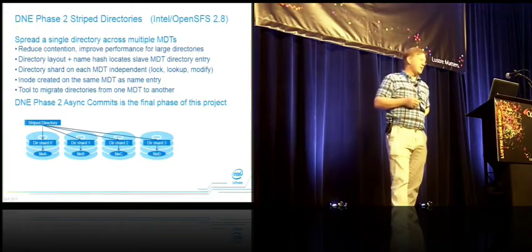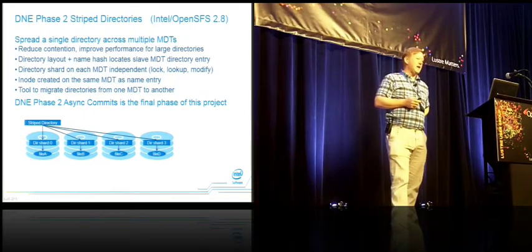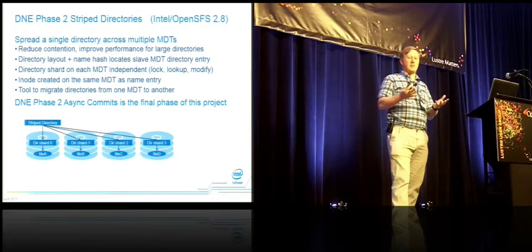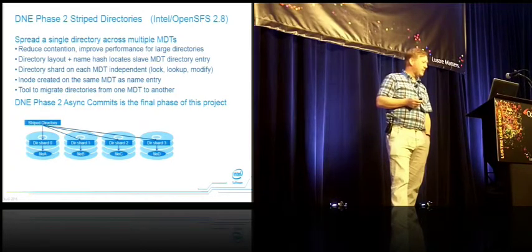And so with Phase 2 stripe directories, you can spread the metadata workload across multiple directories, and that scales up your create and unlink performance in parallel, in terms of distributed DLM locking at the Lustre level, but also internally within the file system, you're reducing contention because you have multiple superblocks, you have multiple disk IO queues and things like that. And so it provides pretty good scaling within one directory as well.